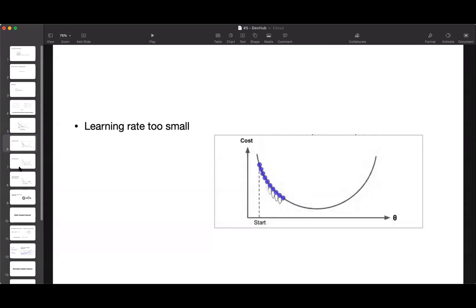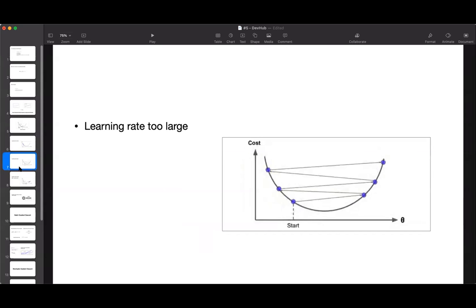On the other hand, if the learning rate is too large, you might actually jump across the valley and end up on the other side, possibly even higher than you were before. This might make the algorithm diverge with larger and larger values, failing to find a good solution. For example, the first step you are taking from this bubble to this bubble is a large step. Then again you are computing the gradient here. You see you are coming here, then again here, then here, maybe here. Each step is very large compared to the previous case, where it was very small. So you have to find an optimal learning rate.